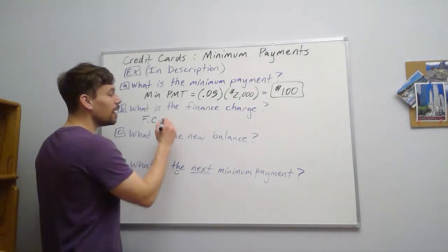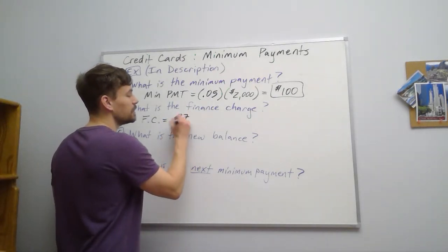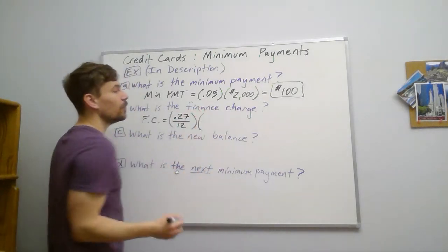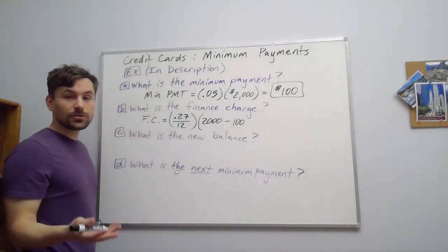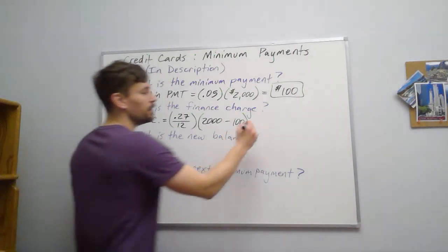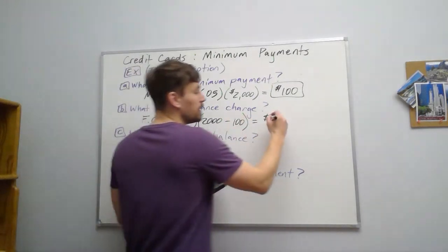And this is our APR over 12, right, the monthly interest rate. So on this card, our APR is 27%. So we said 0.27 divided by 12. And then we had a balance of 2,000. We made a payment of 100. And then we made no extra charges. So it's really just this amount. So our finance charge for the month, if we calculate that, ends up being